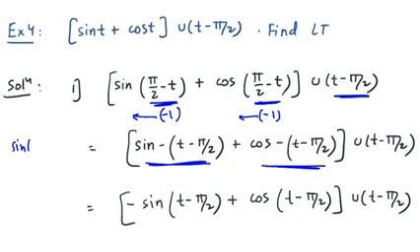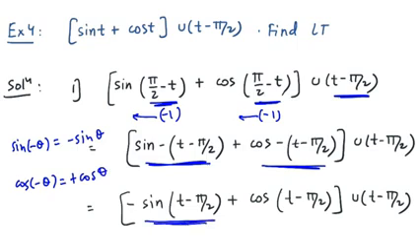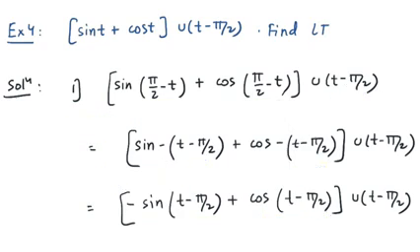Whenever you have sine of minus theta, the answer is minus sine theta. And whenever you have cos of minus theta, the answer is plus cos theta. Now in this next step, you are using the same rule. Yes, you can see here sine of minus theta is written as minus sine theta, and here cos of minus theta is written as cos theta, right? Using the relationship, finally you can say that now the time is at t minus 2 in every part.